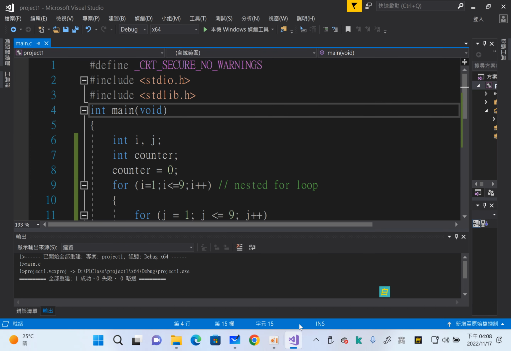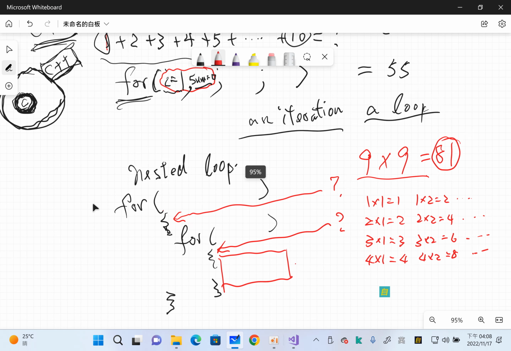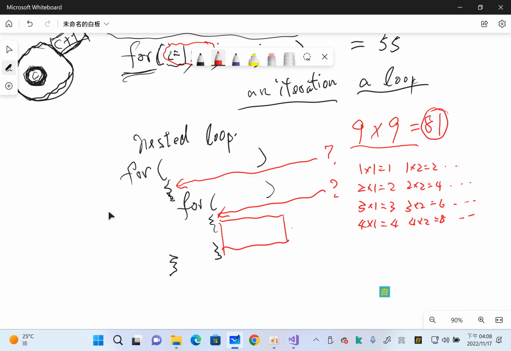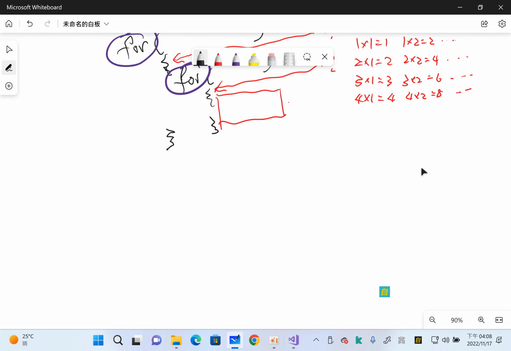Okay. In this example, we have a for inside a for. Okay. Now, can we do this? Can we have a for